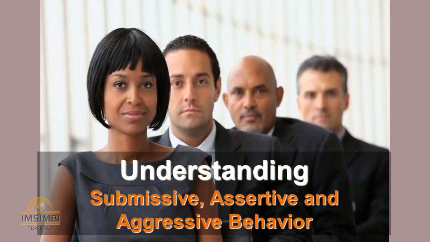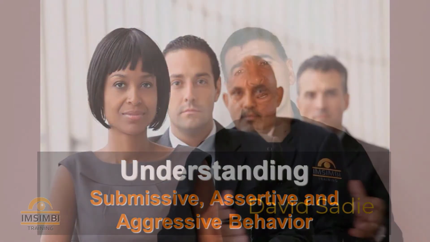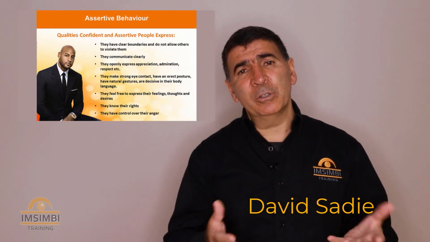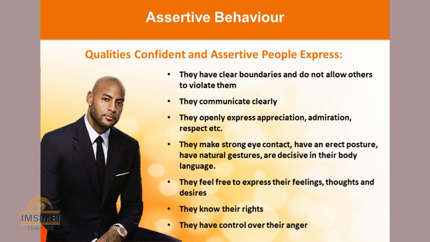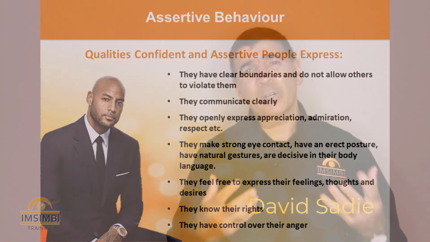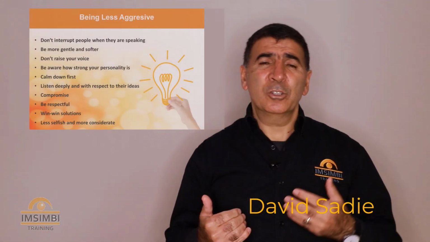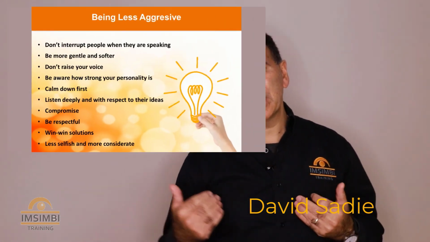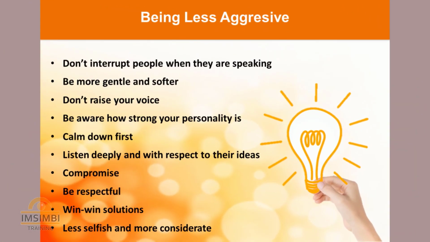Many of us are either aggressive or submissive, and we look at how we can balance that by becoming assertive, polite, diplomatic, but honest and straightforward, giving feedback to others, being able to stand up for what you're believing, being able to stand up for your rights, and being able to express yourself effectively in the workplace. For those who are aggressive, being able to soften, to be more respectful of others, to listen better to others, and to be able to come to win-win solutions.